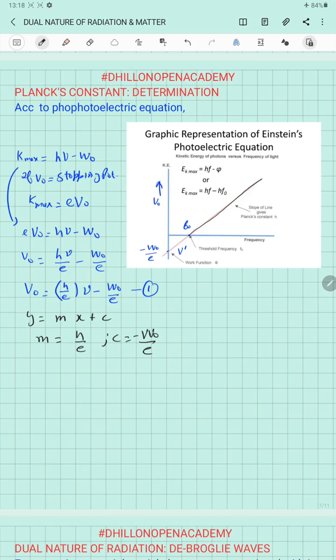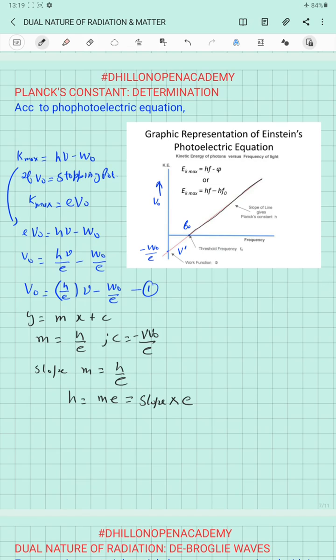So over here, if we concentrate on the slope, m is equal to h by E. So from here we can write h is equal to m into E, which is slope multiplied by the E. So when you want to determine the value of Planck's constant, we actually want to determine the slope of this graph. By multiplying that slope with the electron charge, we can find out the value of